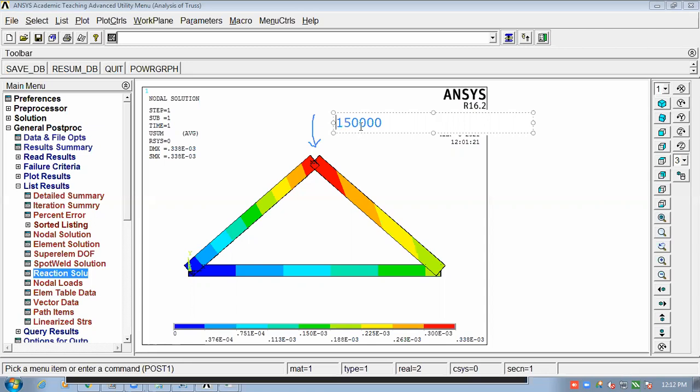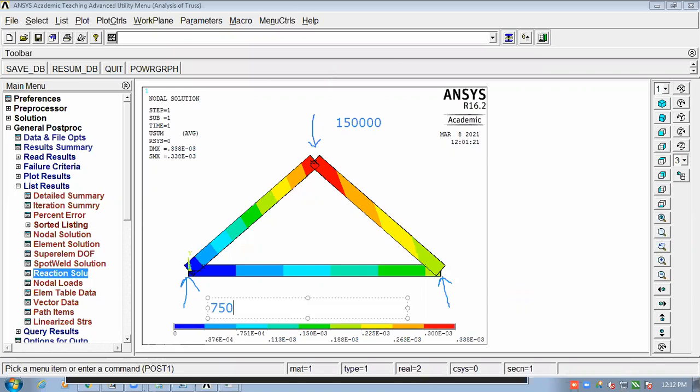Okay. So in order to balance this 150,000, how much reaction is generated? Some reaction is generated here, right? So how much is it?